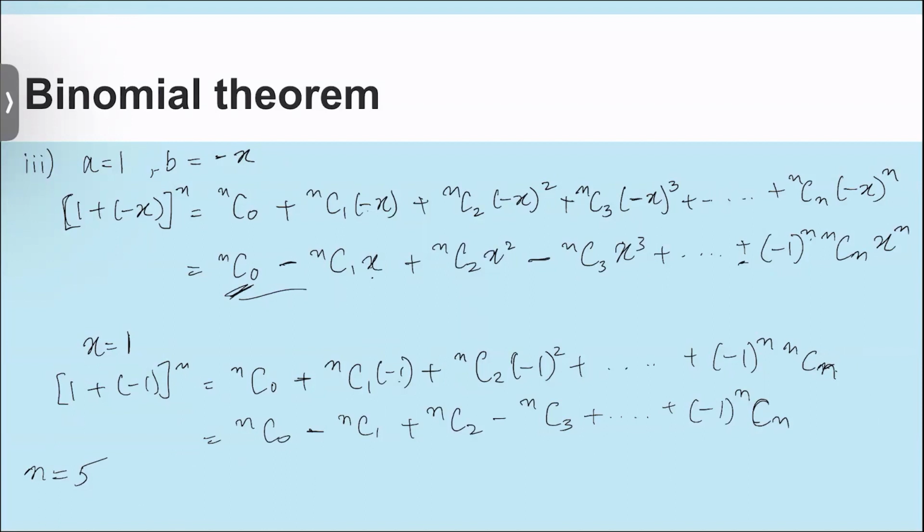What will we get then? So this is 5C0 minus 5C1 plus 5C2 minus 5C3 plus 5C4, and since your n is 5, it's going to be